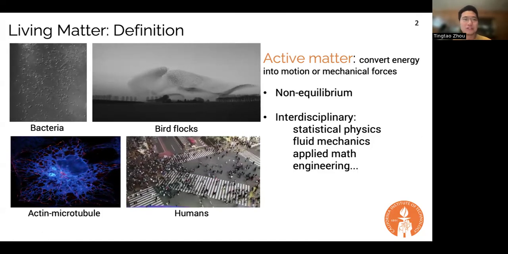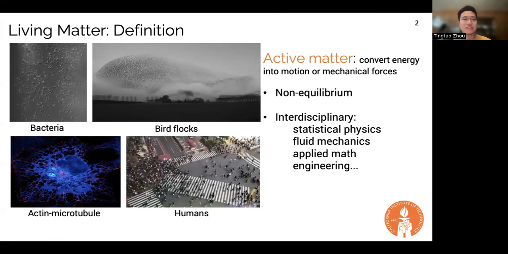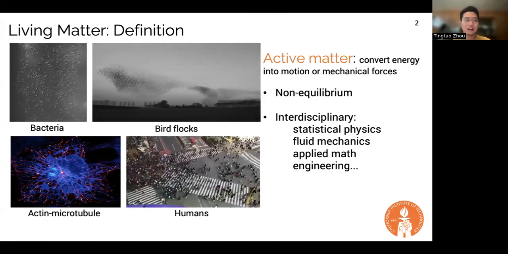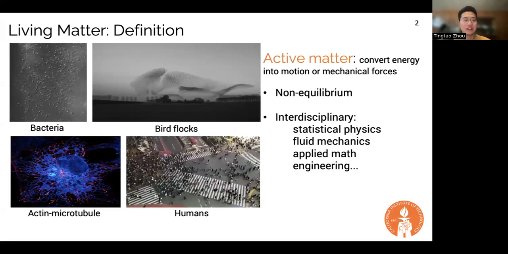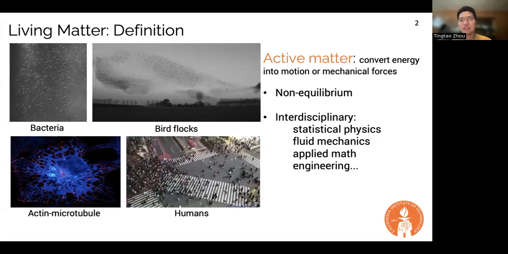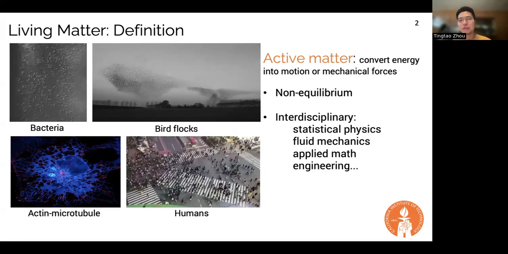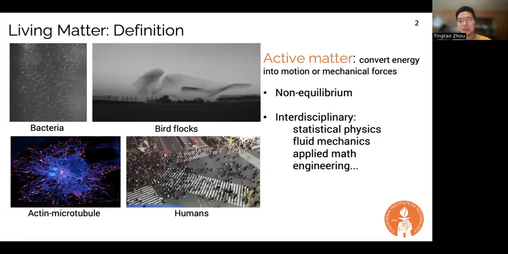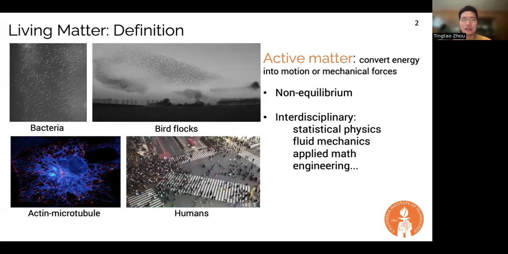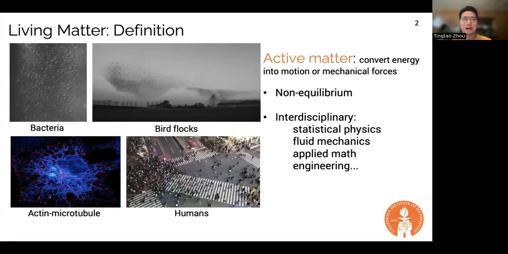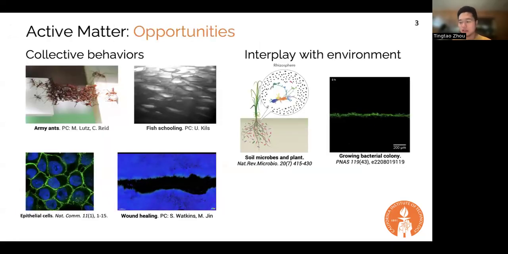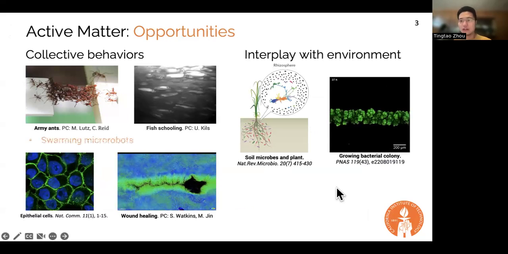And of course, we experience these systems in our everyday life, such as bacteria or bird flocks, and within our body cells, or at some level, we can also model humans as active matter. And these systems are intrinsically non-equilibrium, right? Because they have a driving force from inside these agents,